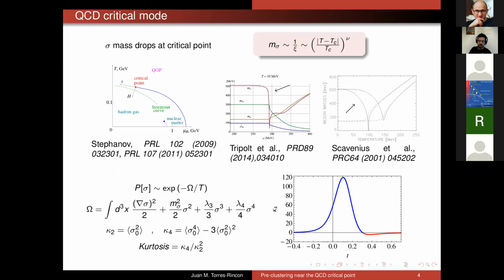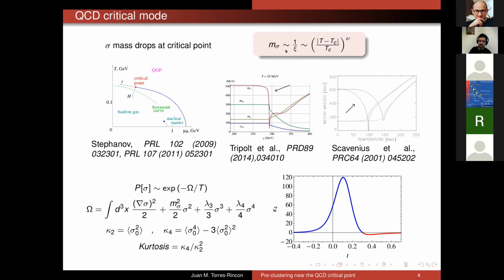So, well, one has to go to the theory of critical dynamics, and we know that there is a sigma mode, which is described in general by some effective potential, which you can expand in powers close to the critical point. And the main property of this sigma field is that the mass is essentially a measure of the inverse correlation length at the QCD critical point. And you know that at such a point, this correlation length grows large, at least in the thermodynamic limit, so that the mass of this particular excitation goes down with some particular critical exponent.